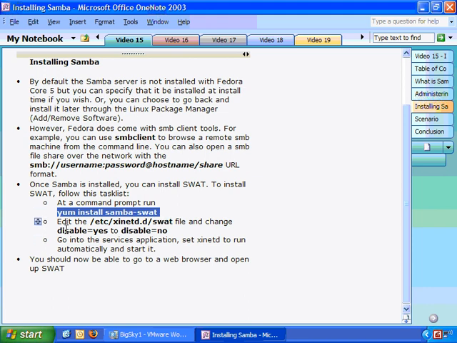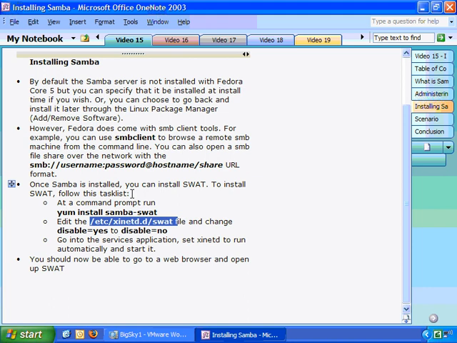Once it's installed, you have to edit this file for xinetd. Now, when you install Samba SWAT, one of the dependencies is xinetd, and Yum will actually go out and get that and install it for you. So we talked about super servers, inetd and xinetd. Xinetd is a super server that runs other services,